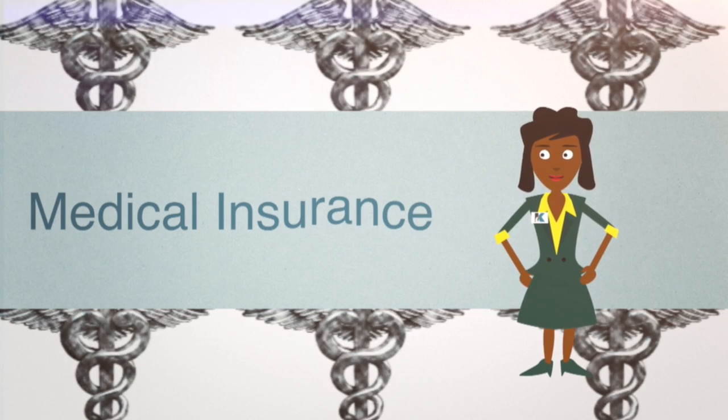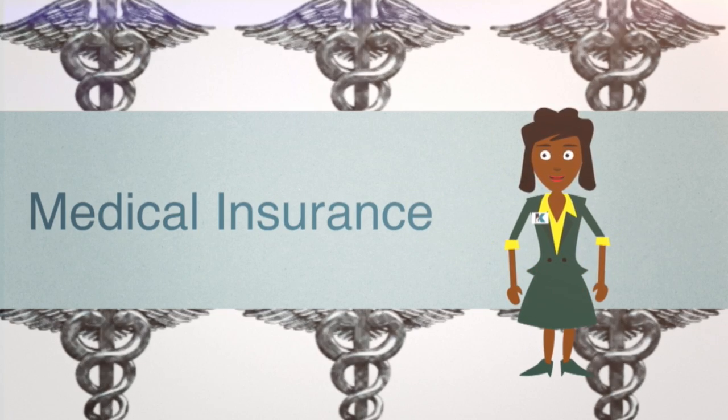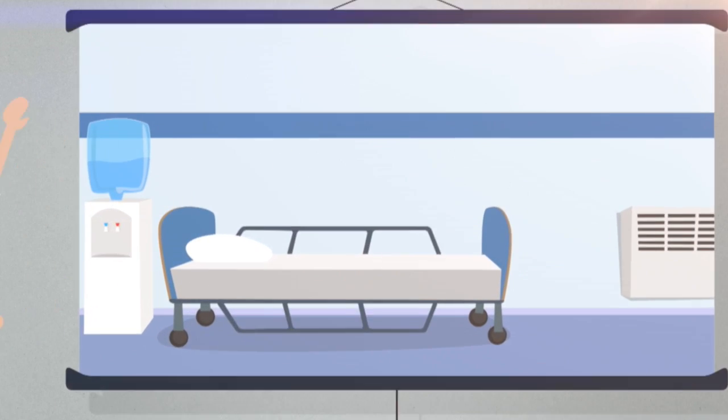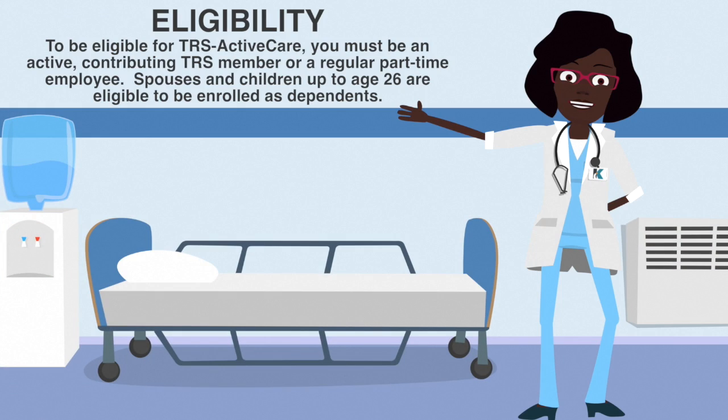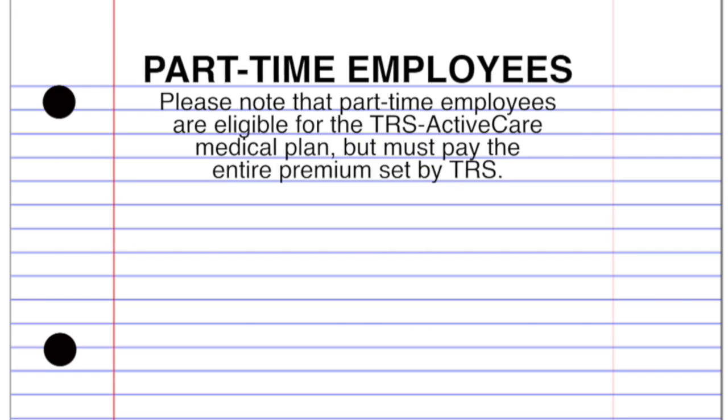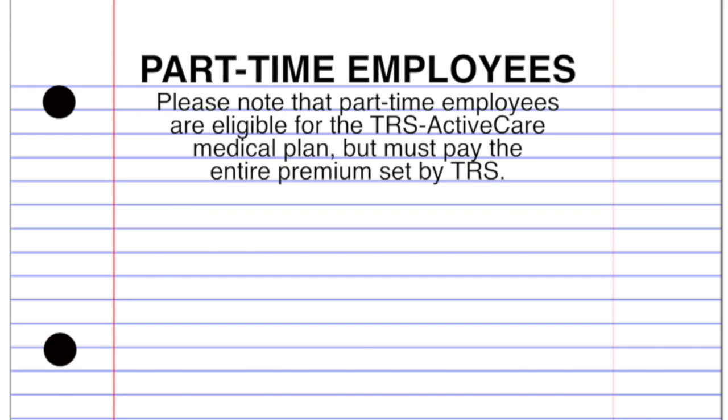Medical insurance. Klein ISD has several major medical plans available for employees. Most employees that elect to have medical insurance select TRS Active Care administered by Aetna. Please note that part-time employees are eligible for TRS Active Care Medical Plan, but they must pay the entire premium